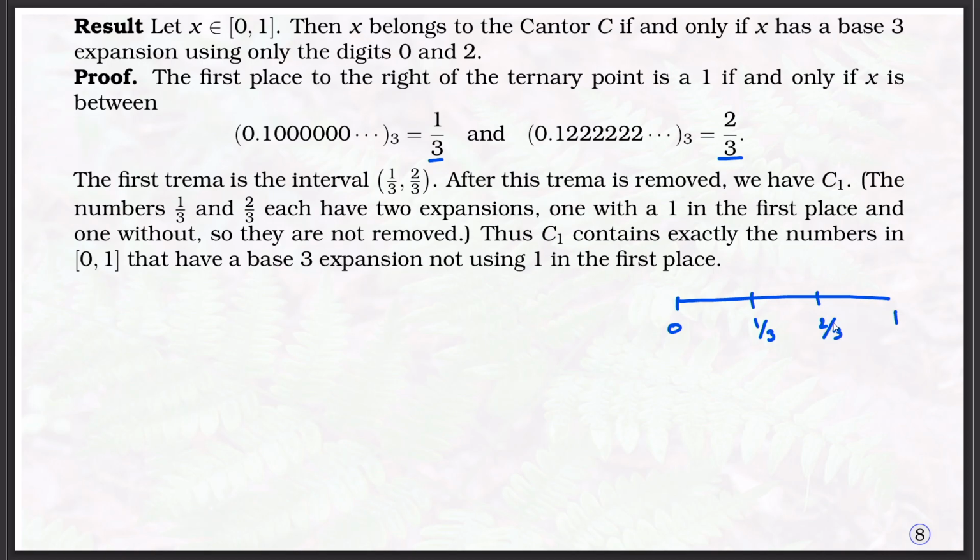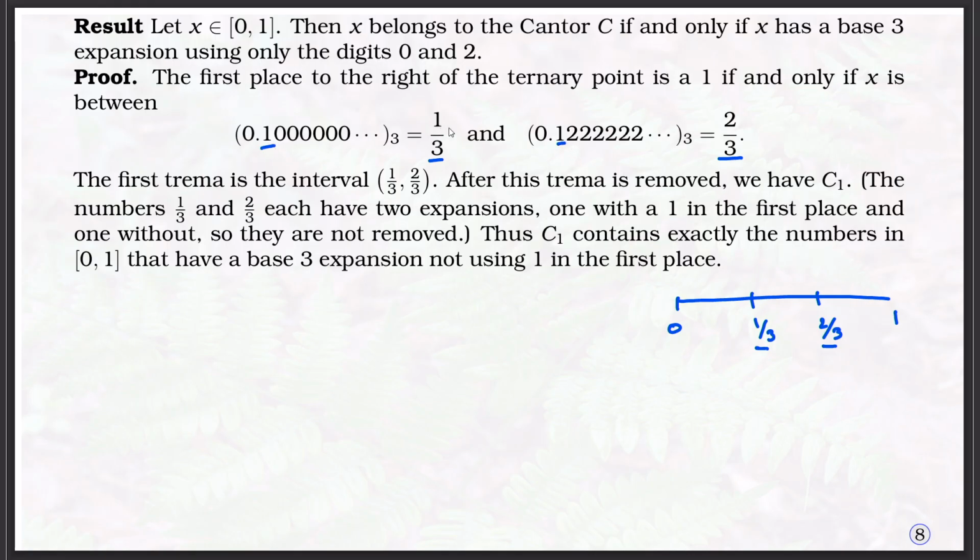As per the previous result, for any number in 0 to 1 by 3 and 2 by 3 to 1, the ternary expansion is different, whereas 1 by 3 and 2 by 3 have two different ternary expansions. That means, in the first iteration we are removing the points 1 by 3 and 2 by 3, both of which have a ternary expansion with the number 1,